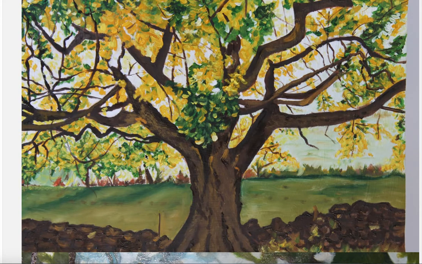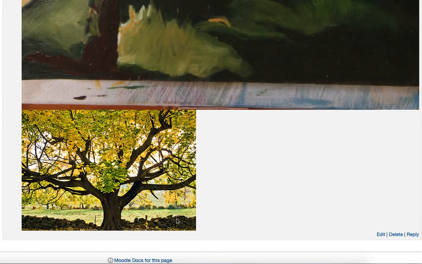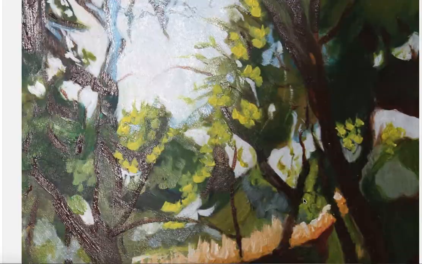I would start with the foreground here. So anything which is close to me would be of a brighter and more saturated color. More saturated means really hot looking colors. So when I see the reference, I see a lot of influence of yellow color, as if the yellow is reflecting on these stones here and on the background here as well.